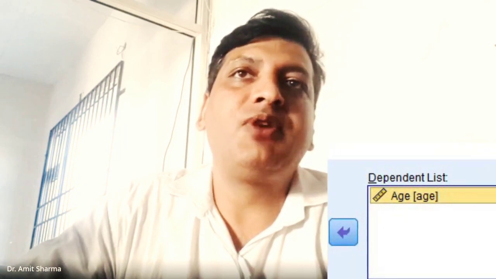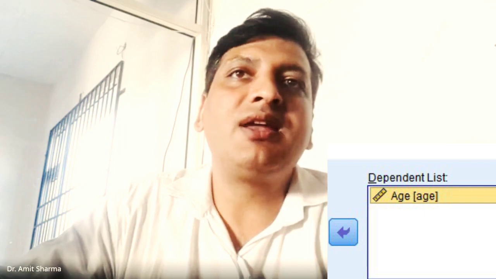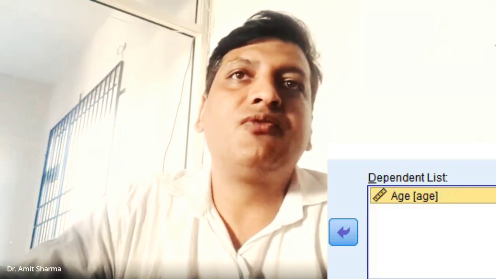But remember that this data should be either ordinal or scale type, and you can see the sign of scale because age has a measurement in years. Once you add the data into the dependent list box, you can go further.